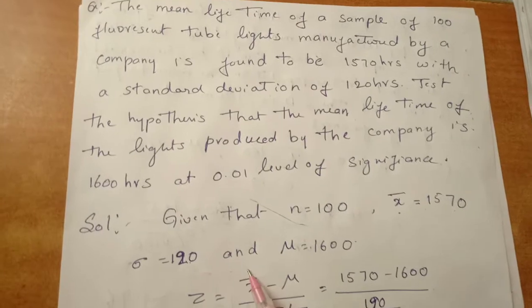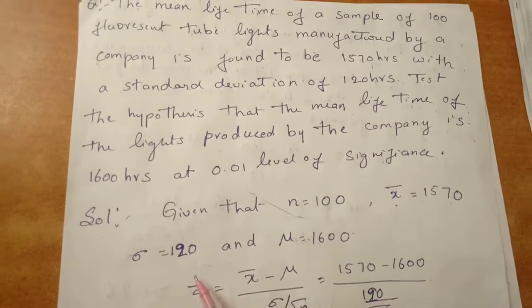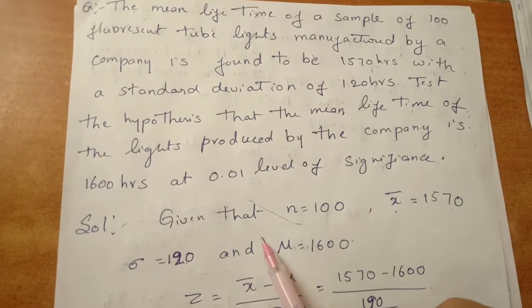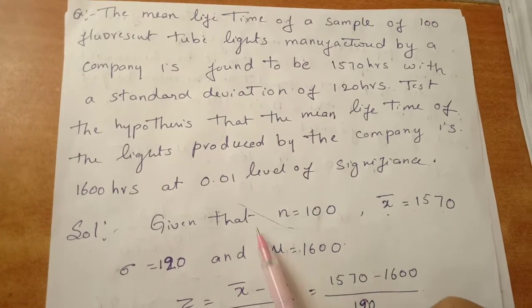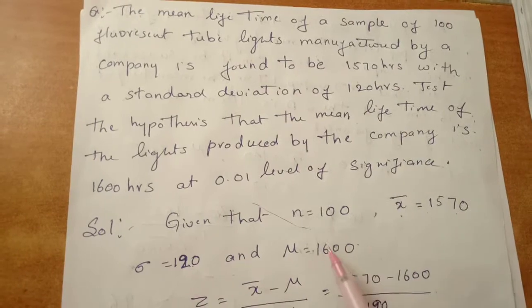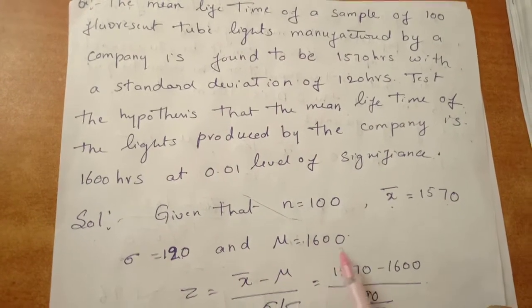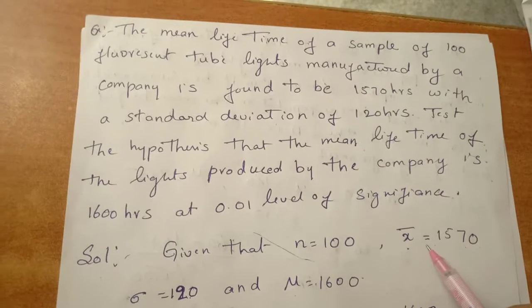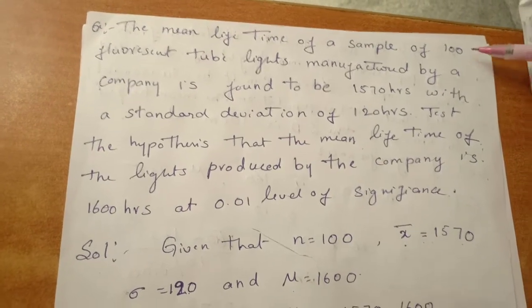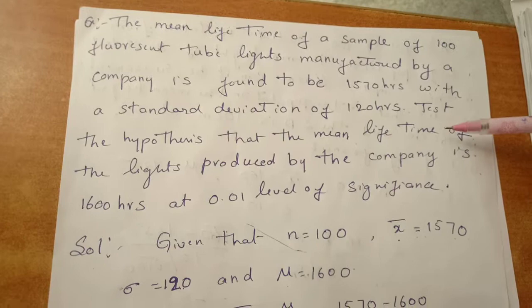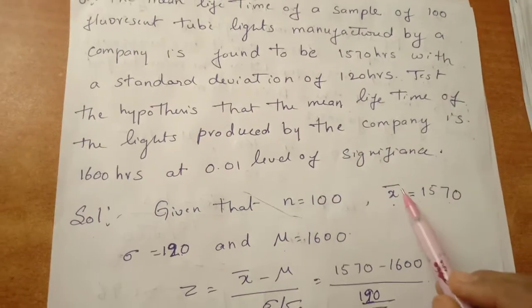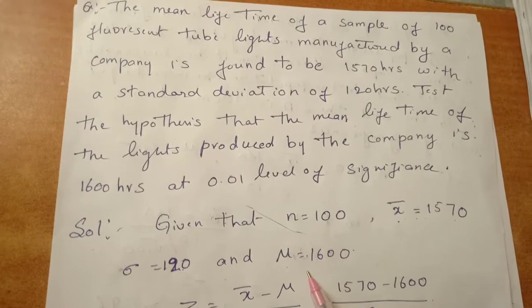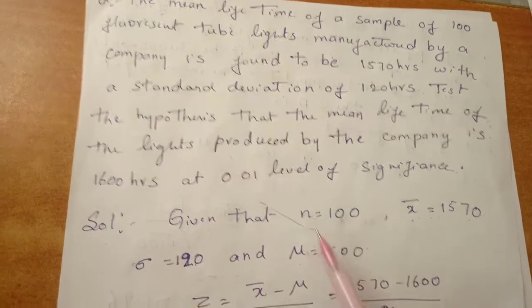And what is the standard deviation sigma? That is 120 hours. And in the hypothesis, what their assumption is: the lifetime of a light is 1600 hours. This is your mu. X bar is the assumption of a company, the lifetime of a fluorescent bulb, and whatever the value of the assumption in the hypothesis, we consider that